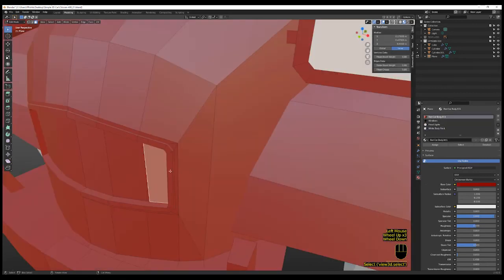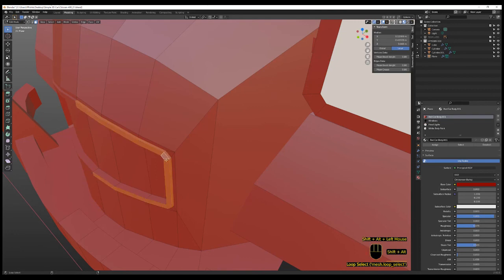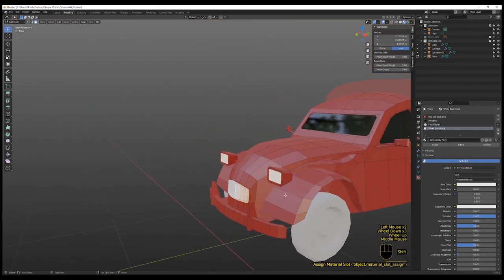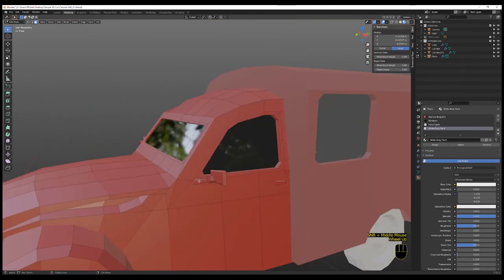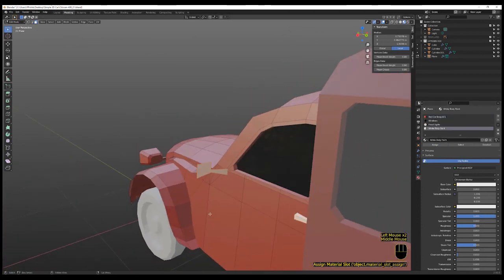And here we select this face loop here. So I'm in face selection mode, press the Alt key, click here, Shift Alt, click here, Shift Alt, click here, and then Shift select those parts. Choose the white body paint and press assign. And we're going to do the same for the mirror and the door handle. So this one, and the door handle. Assign. So the only thing that I like to do different is I like to give this a chrome material